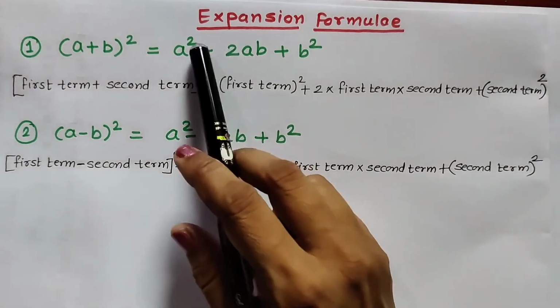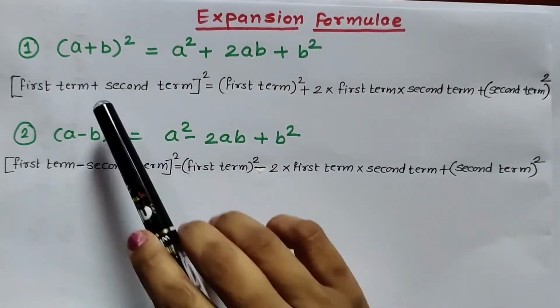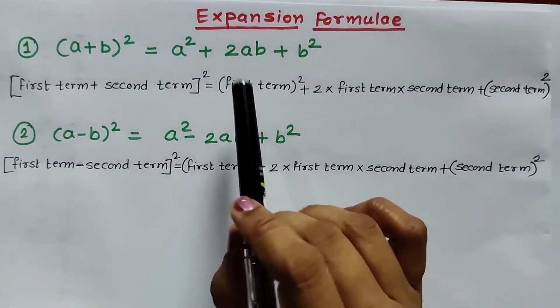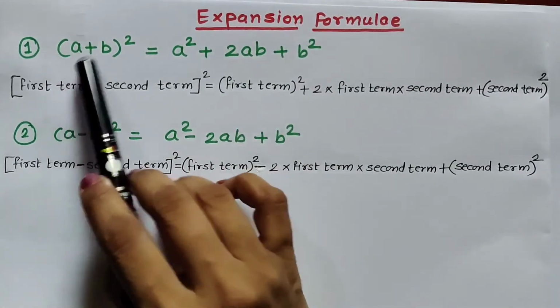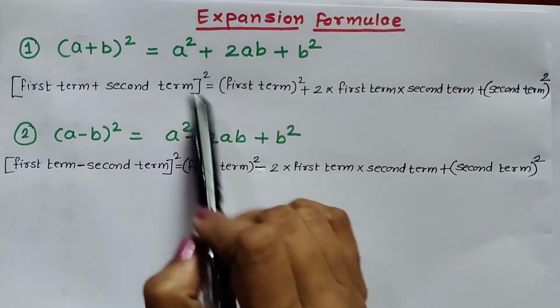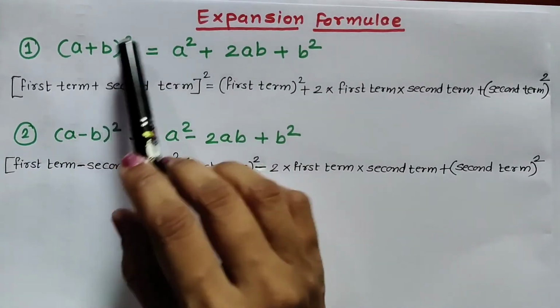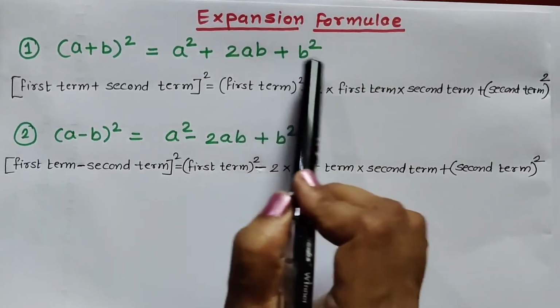Now see children, these two expansion formulae can be memorized in this way also. This is one of the ways of memorizing these two formulae, and it is easy to apply this formula to our question. So (a plus b) whole square can be said as first term plus second term whole square, where a is the first term and b is the second term. So (a plus b) whole square is equal to a square plus 2 into a into b plus b square